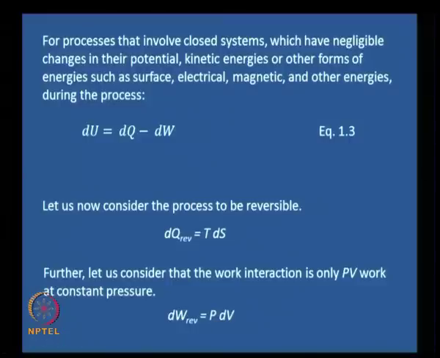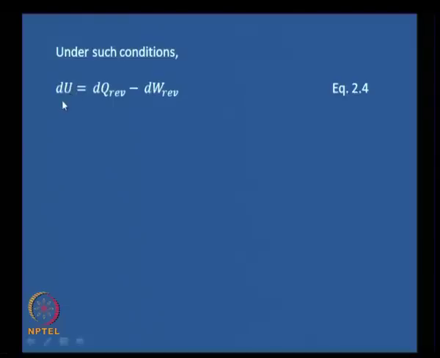Now let us put this all together. We can write under such conditions dU equals dq reversible minus dW reversible, just substituting the terms into the first law. Looking at whatever we did earlier, dq reversible was nothing but TdS, and dW reversible in our particular case right now is nothing but PdV. Therefore dU equals TdS minus PdV,